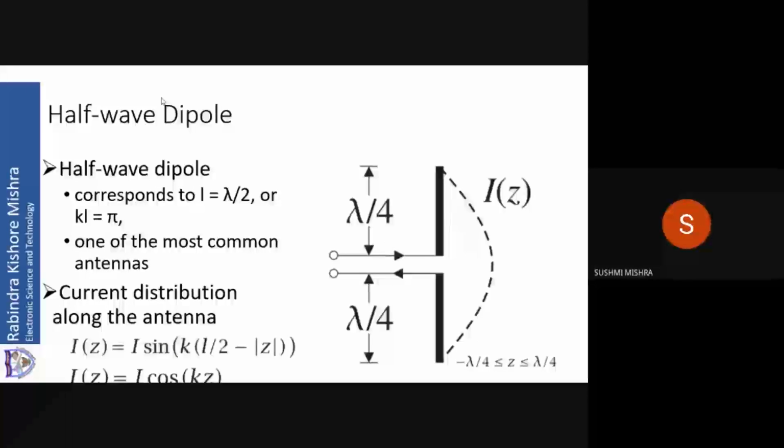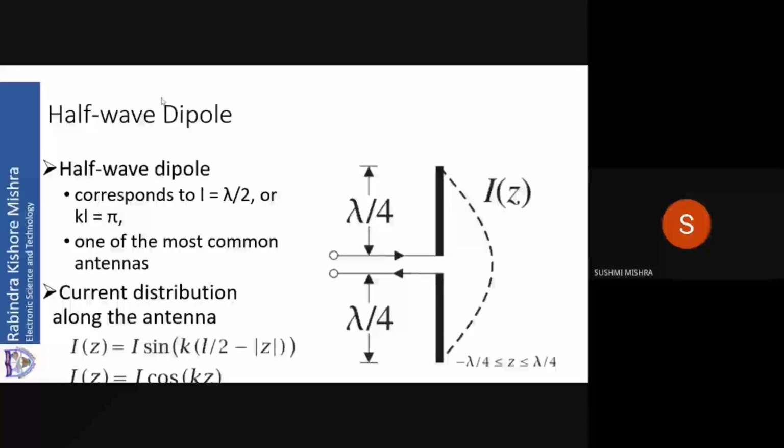So in physics, they don't call it a half wave dipole, but in the antenna field, we call it a half wave dipole because it behaves like a dipole, as if two poles are at two ends of a conductor and the length of the conductor is half wave. Each side of the conductor is lambda by 4. So the total is lambda by 2. Lambda by 4 plus lambda by 4 is lambda by 2. So that is why we call it a half wave dipole.